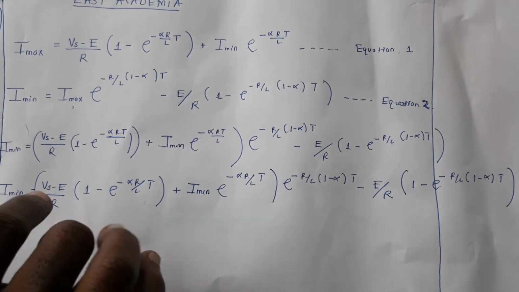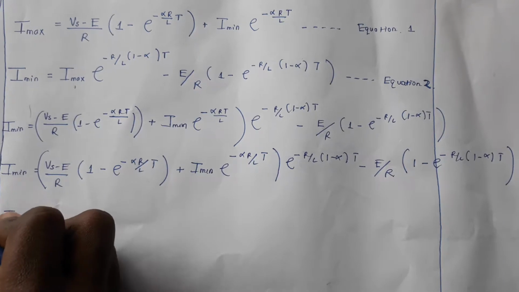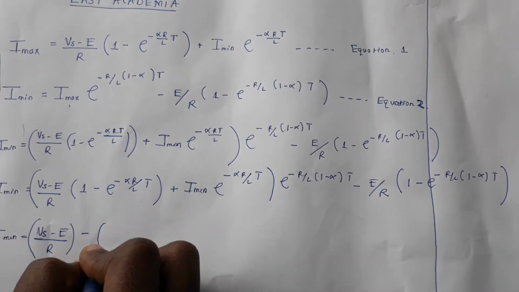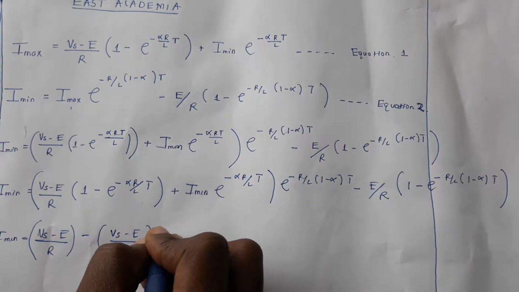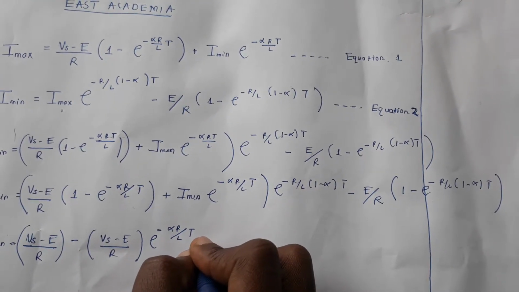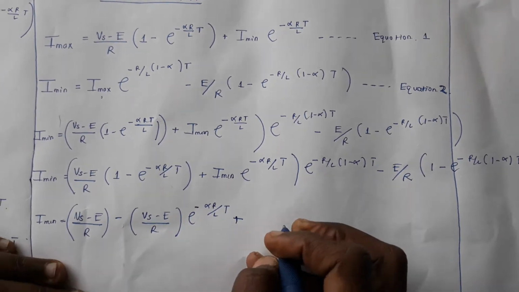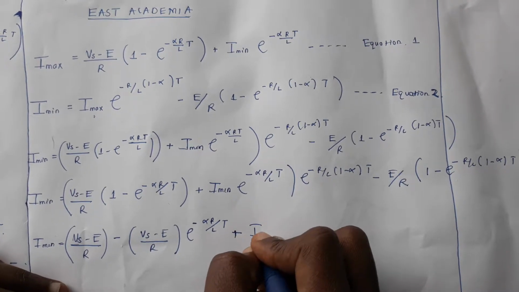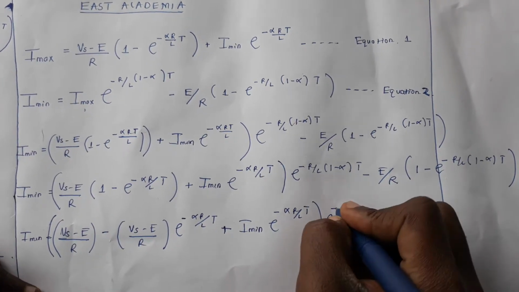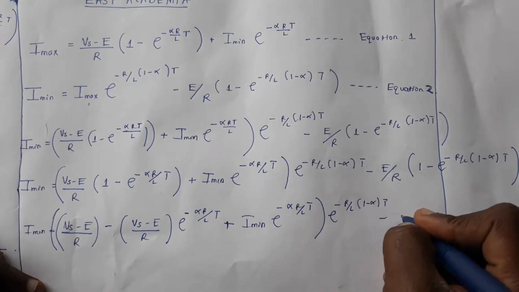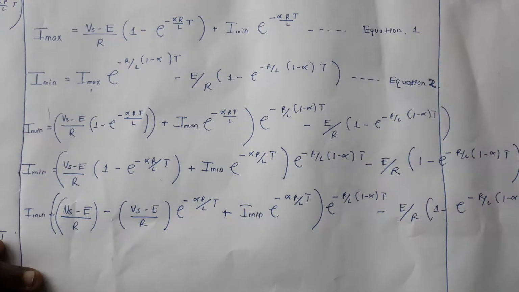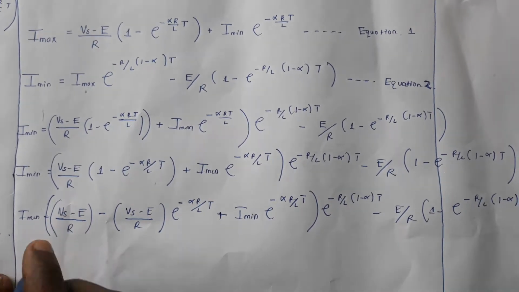So what to do, we can open these brackets, especially this and this. So we are going to have Imin is given as (Vs minus E) over R, this times this, minus (Vs minus E) over R exponential minus alpha R over L T, plus Imin exponential minus alpha R over L T. The whole of this we have exponential minus R over L (1 minus alpha) T, minus E over R times (1 minus exponential minus R over L (1 minus alpha) T). So this multiplied by this, you're going to have